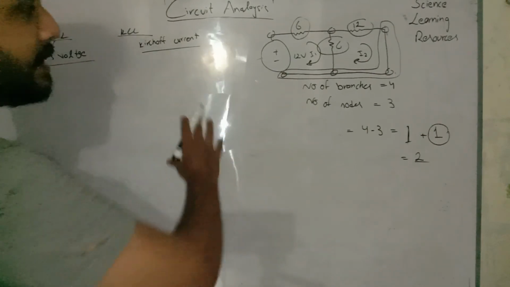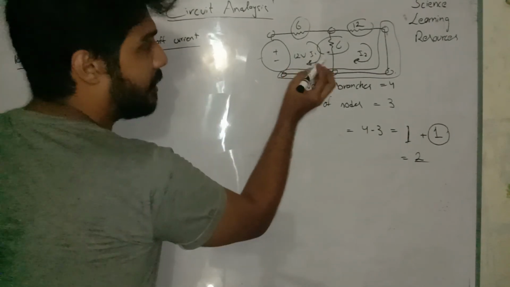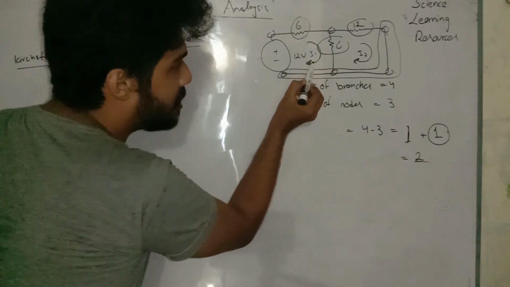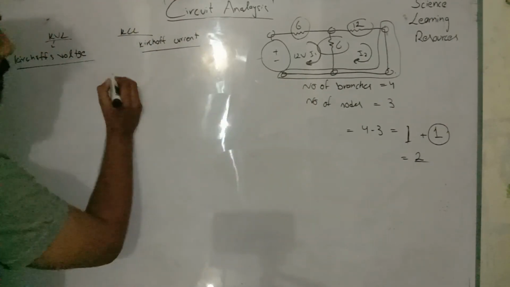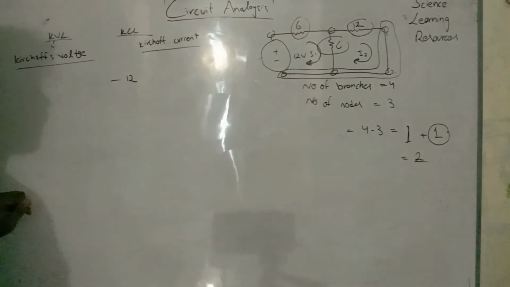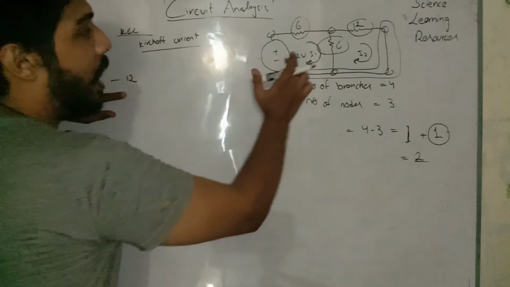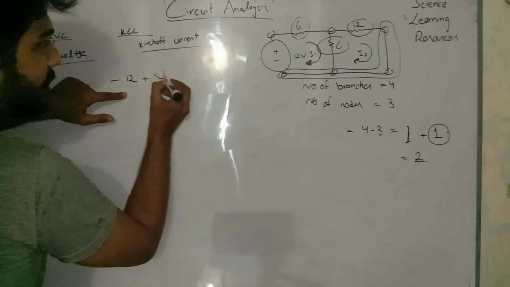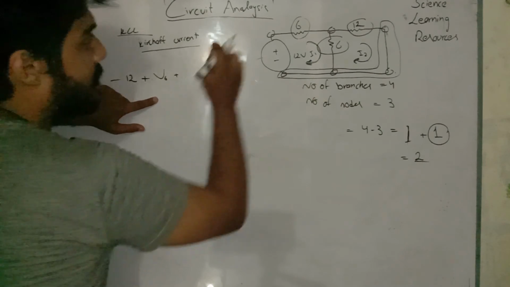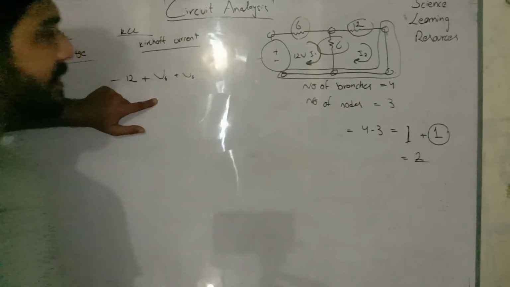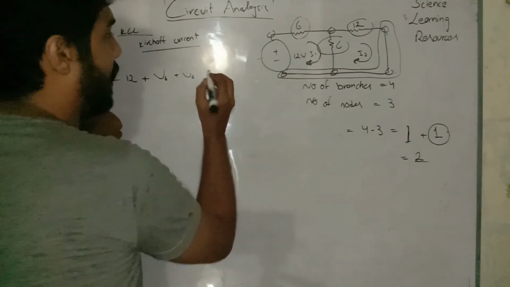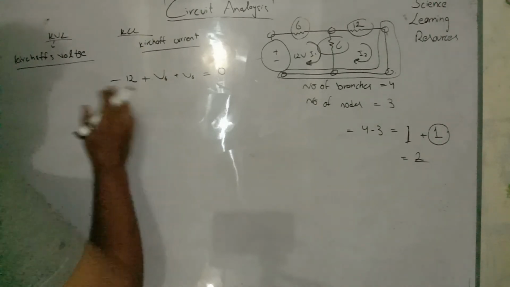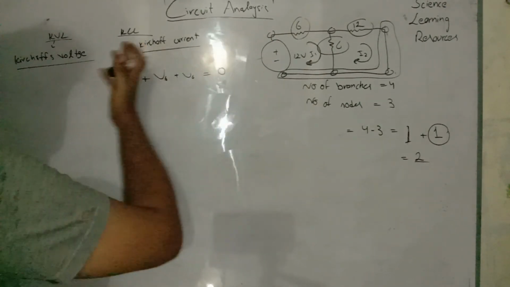Now I have to calculate this I1 and I2. So first let me calculate I1. In order to calculate I1, I have to follow the direction of the arrow, which is directing me in the direction of this minus 12. So I am writing minus 12 because the voltage at this point is minus 12. After this I have to write the voltage at the 6 ohm resistor, and after this the voltage at this other 6 ohm resistor. So this is a complete I1, and Kirchhoff's voltage law says we have to total it to 0 because the sum of the voltages in the loop is 0. That's Kirchhoff's voltage law.